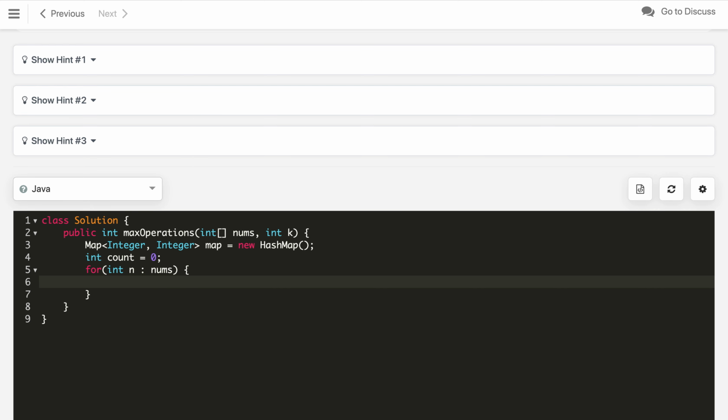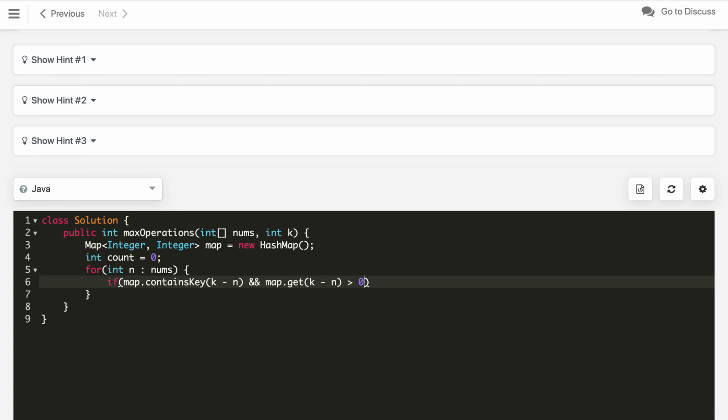Then we will look for the complement part. If the map contains the key, the complement is k minus n, and the frequency, map dot get k minus n, is greater than 0.